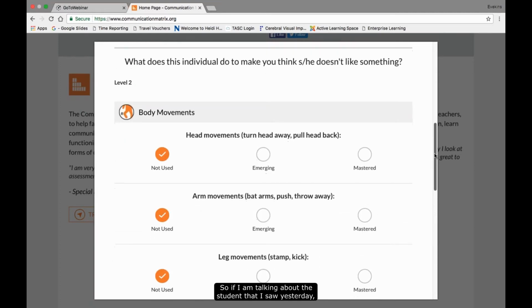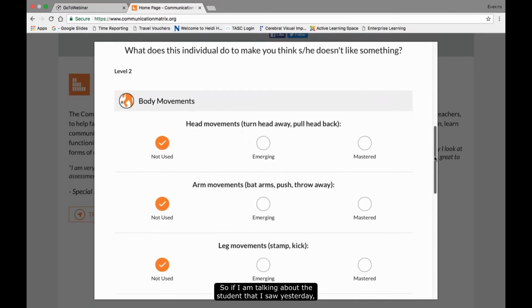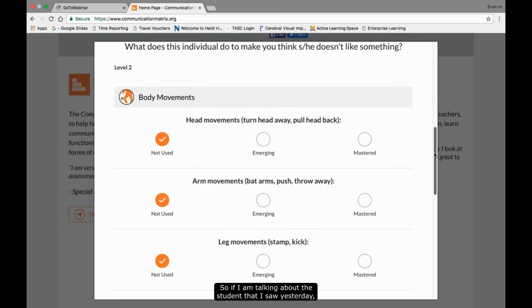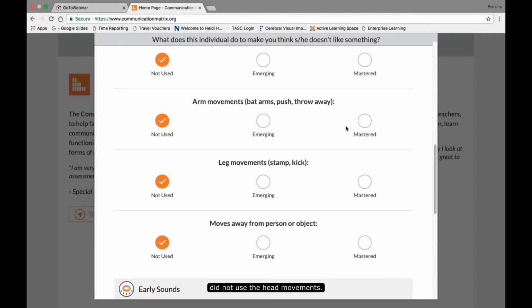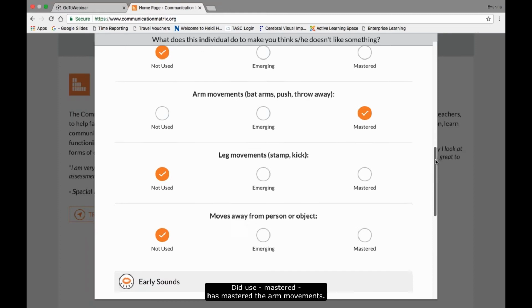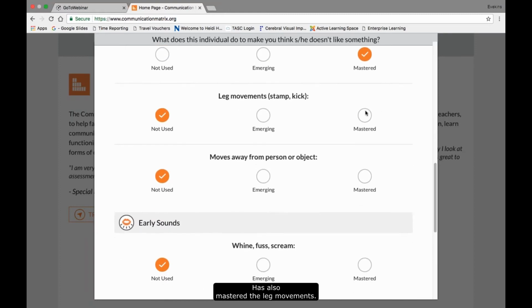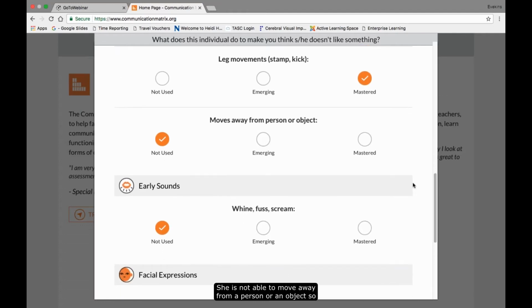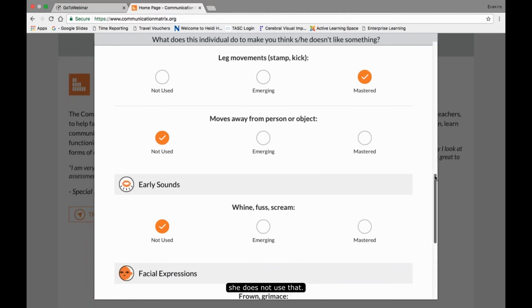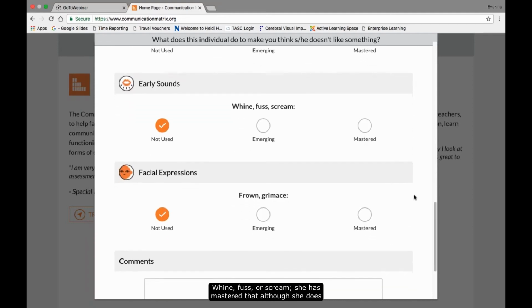So if I'm talking about the student that I saw yesterday, she did not use the head movements, but has mastered the arm movements, and has also mastered the leg movements. She continually kicked my hand away when she didn't like what I was doing. She is not able to move away from a person or an object, so she does not use that. Whine, fuss, or scream.